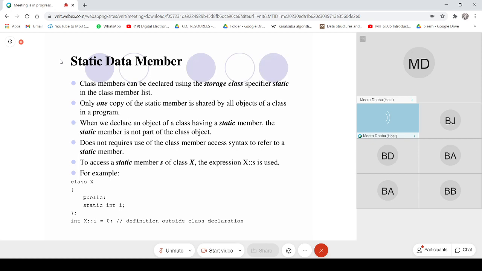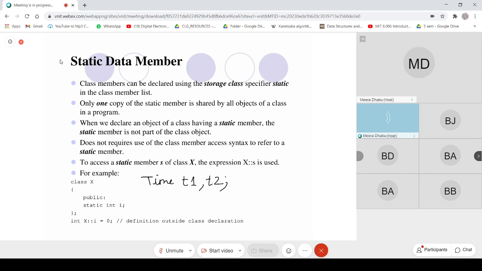So if I am having any static data member, in that case, I will be having only one copy. For example, take the example of time. Whenever I am instantiating an instance or creating an object, if I say Time t1, t2, I created two objects of the type Time.